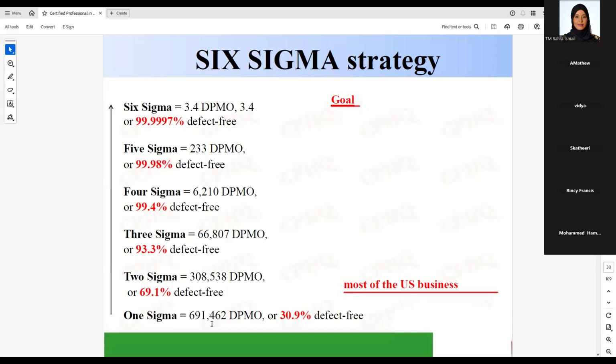So here, whenever they talk about Six Sigma strategy or quality improvement process, they talk about this. It's very important for you to remember this, DPMO. Anyone knows what's DPMO? DPMO is defects per million opportunity. So they don't talk about hundreds, they look at million opportunities, yeah? So they will say, if you achieve a 1 sigma level, then you are